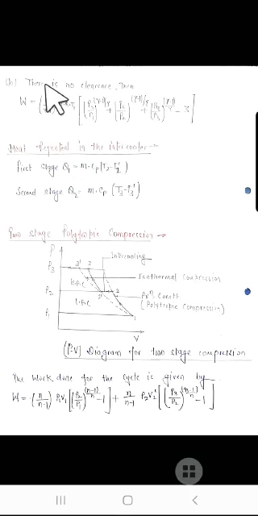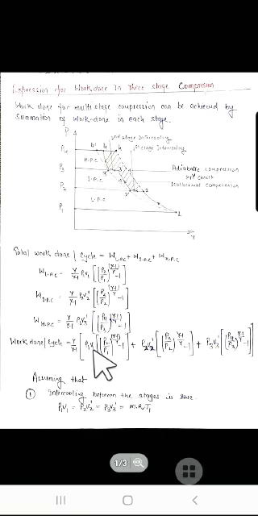One more thing is written here, there is no clearance. If there is a clearance, that means clearance is provided, then what will be the formula? In place of V1, V2 dash and V3 dash, we will write the effective swept volume in each stage. Now,